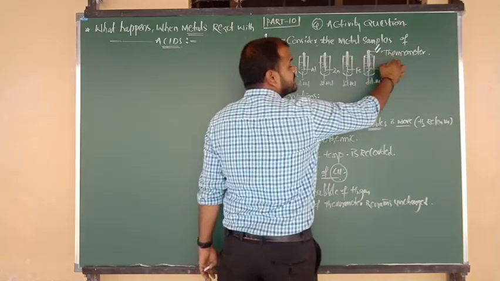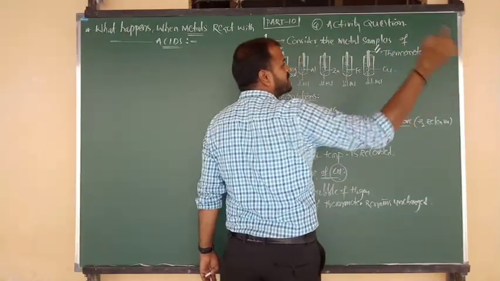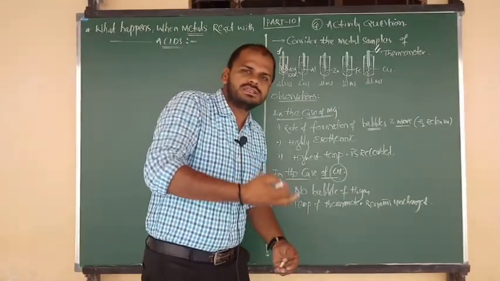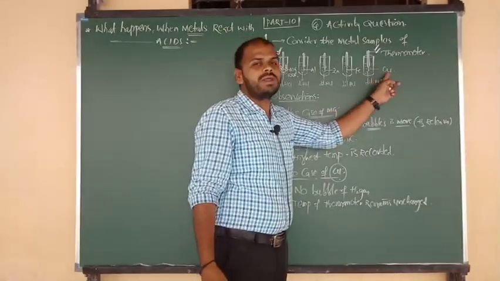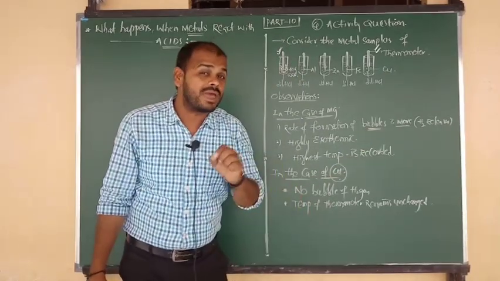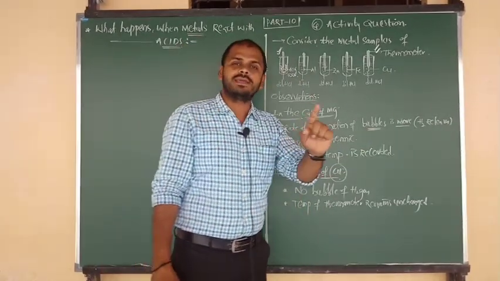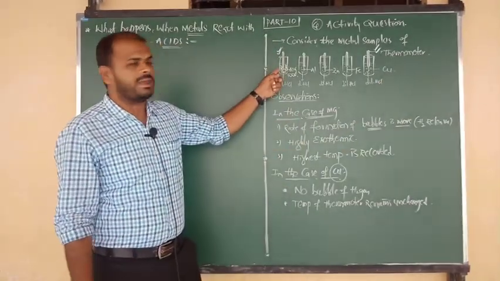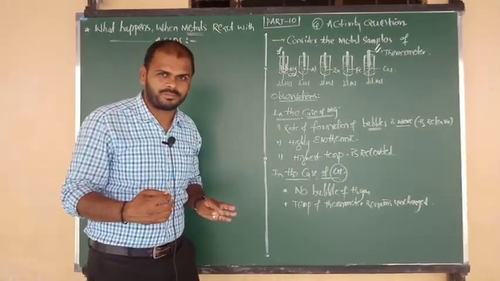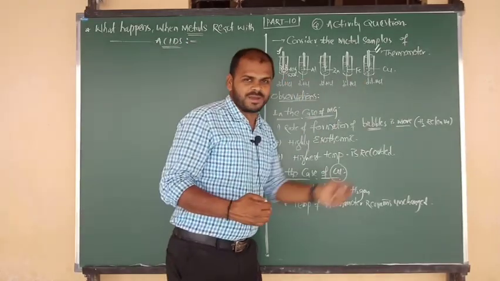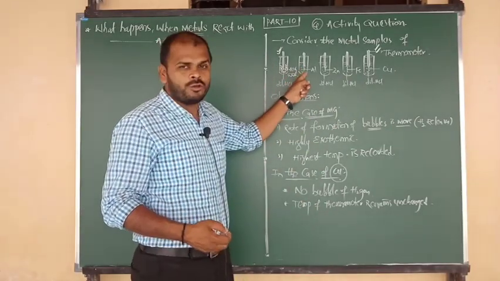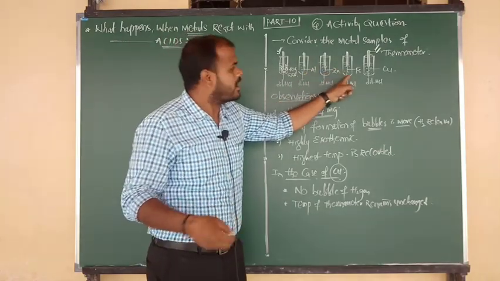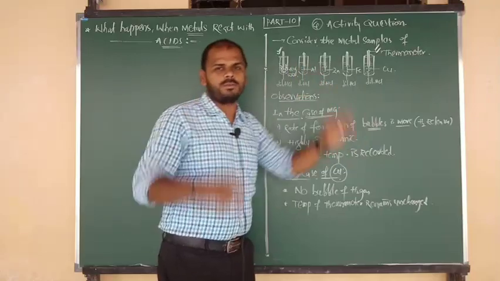So in the last case, there will be no change in the thermometer reading because there is no release of heat, because there is no reaction between copper and dilute HCl. The final thing is that copper is a very low reactive metal sample and magnesium is a more reactive metal sample. Sir, what about the other experiments? In the case of aluminum, here also the rate of bubbling is high. Here a little less bubbling, here again less bubbling. Here there are no more bubbles.